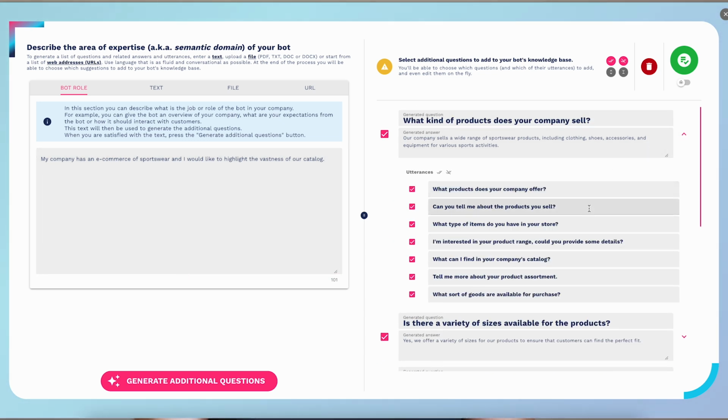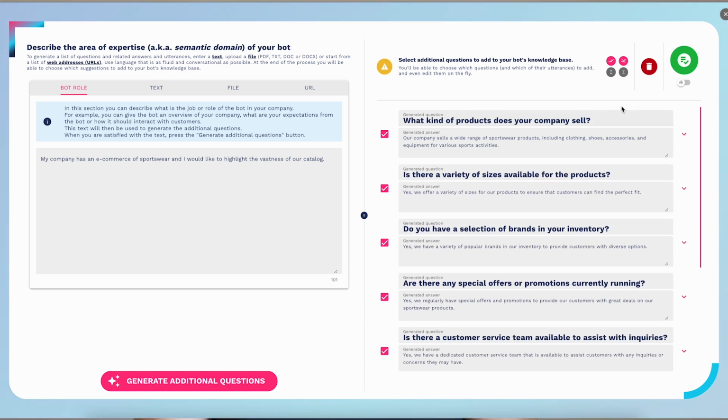Under each question, you will find several phrases that correspond to alternative ways your users may ask their question, helping the chatbot better understand various situations. Generative AI is a very powerful tool, but still not perfect. For this reason, we prefer to maintain a supervised approach and recommend that you always do a quick check of